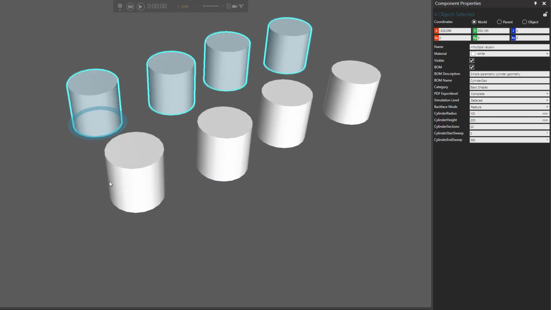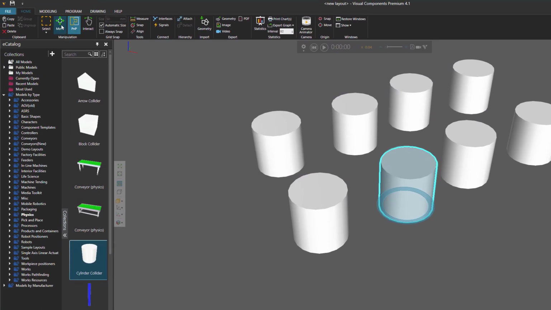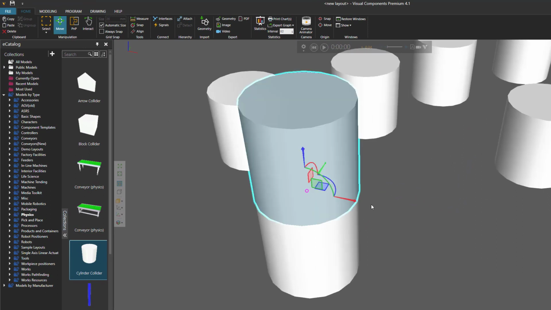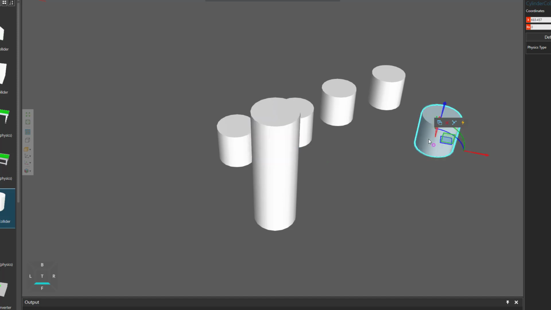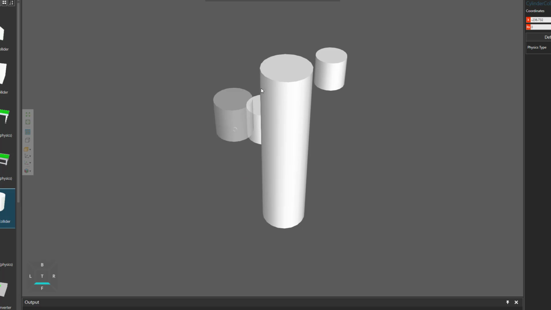Let's stack the cylinders on top of each other. So I'll select the first copy, then use the Move tool to snap its origin to the top face center of the original component. So like so. Let's now do the rest for the other cylinders. You could use your own parts, for example, pallets, a pallet with boxes on it, or a stack of boxes. In this case, we're using these cylinders, which look like toilet paper. That was unintentional, but let's just keep going.